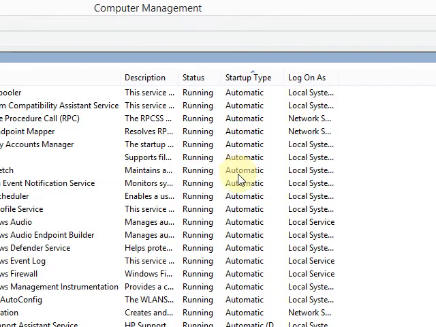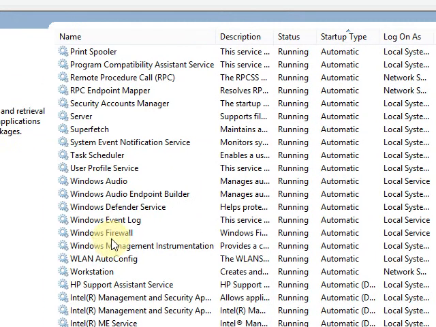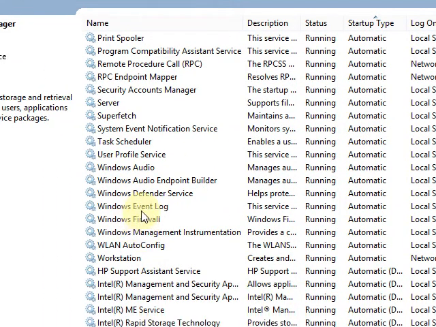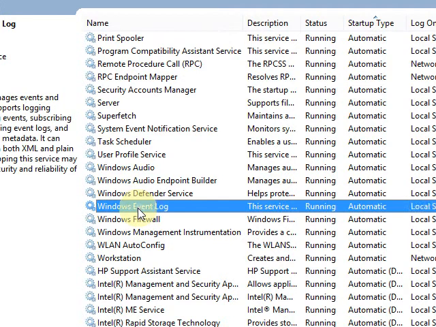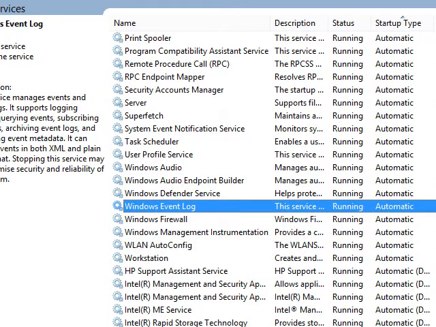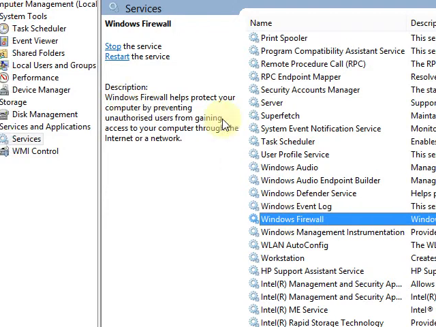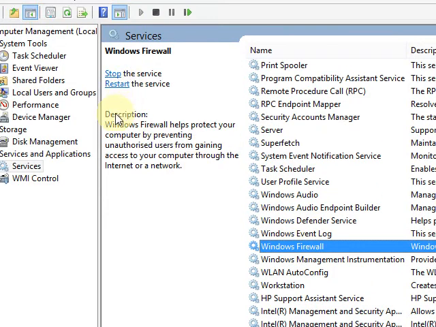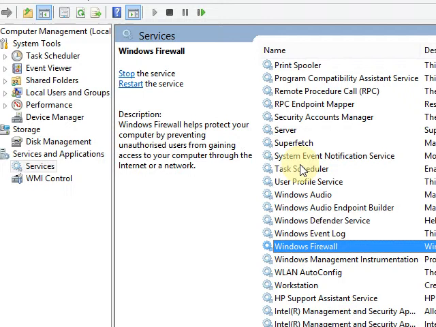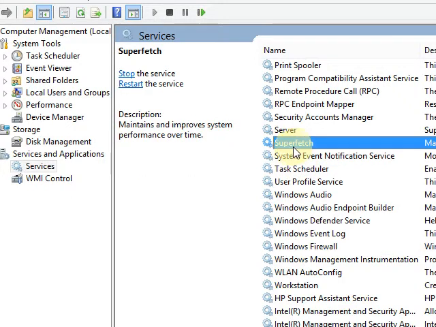Google the relevance of them. Certain things like firewall and event log, if you just click them, you get a description of that. See here, this description. Some things like firewall, you can easily make out by the description itself whether it's useful or not. But some things like Superfetch, you don't know what it is.